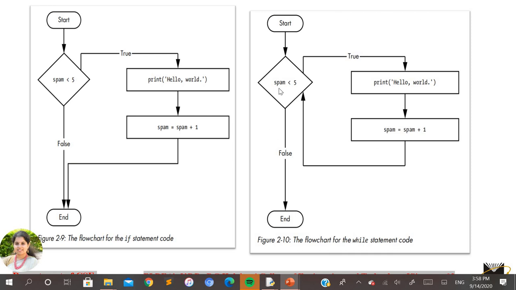So make a comparison here of what happens with the same example using the while statement. So start, check the condition. If it is false, of course it also ends in this case. But if it is true, you can see here, print the hello world, increment the spam value. So instead of going to the end, you can see it is being repeated back to check the condition here. So again the spam value will be checked. If the condition is true, again these two statements will be executed, and again it will go back to check the condition. If it is true, again repeat these two statements, again check the condition. So that means this loop has to end, or be broken, once this condition fails here.